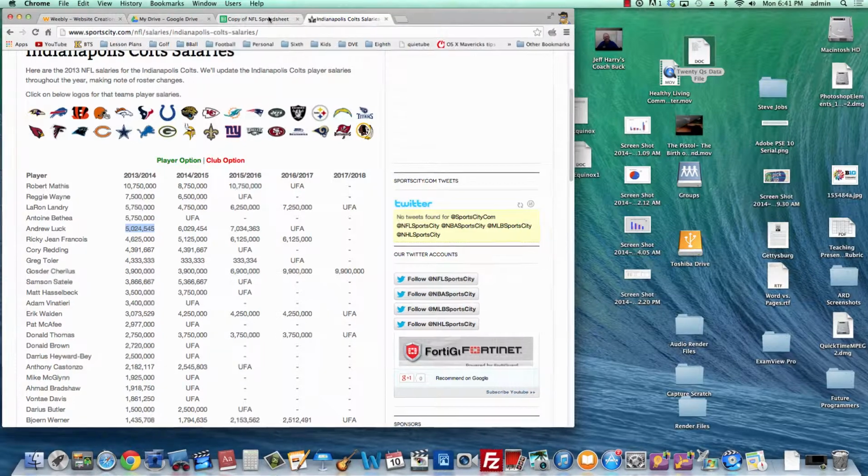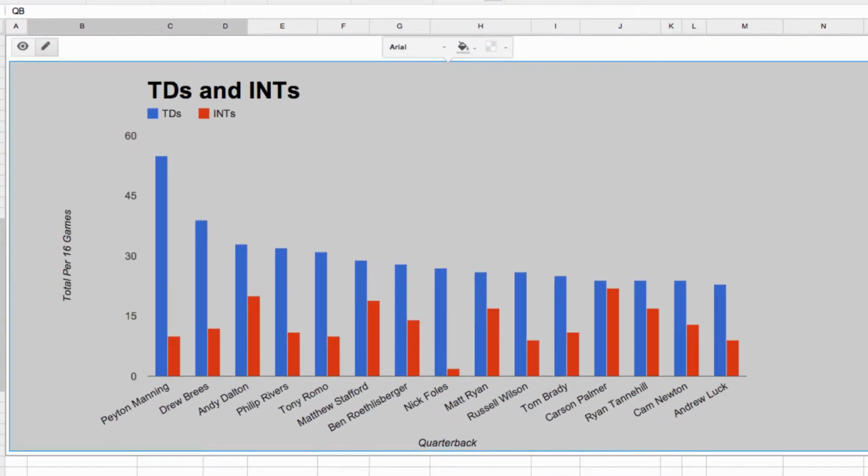Okay, so here's the first chart that I'd like you to try to create. And what color scheme you go with is really up to you, where you put your legend, but the titles and stuff should be consistent. The title should say TDs and INTs. And really all you're charting is the quarterback, the name of the quarterback, how many touchdowns they've thrown, and how